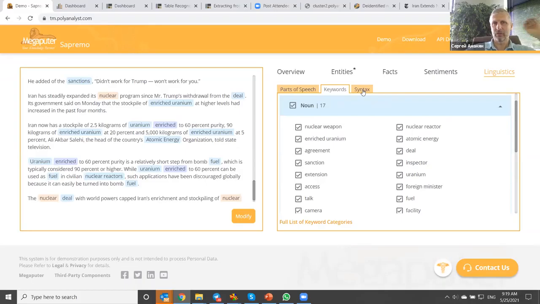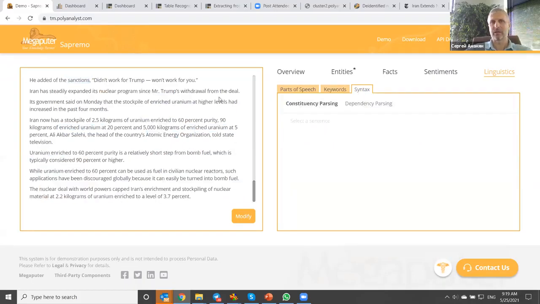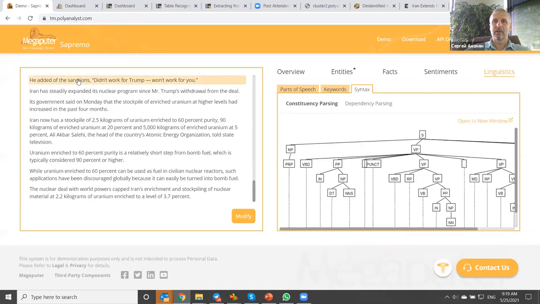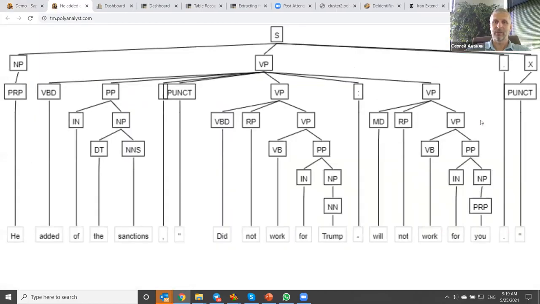And you can also see how we're doing syntactic analysis. So for example, here you see sentence by sentence how the system is doing constituency parsing.